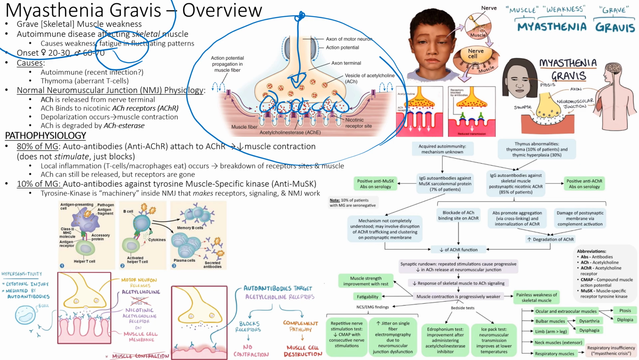In myasthenia gravis, that process is disrupted. So we have little antibodies that attack the receptors, right? Or we have antibodies that attack the building blocks of the receptors, right? Tyrosine kinase machinery. All right, so 80% are due to this process where we basically have a recent infection,